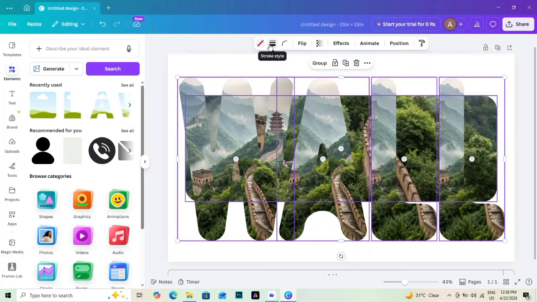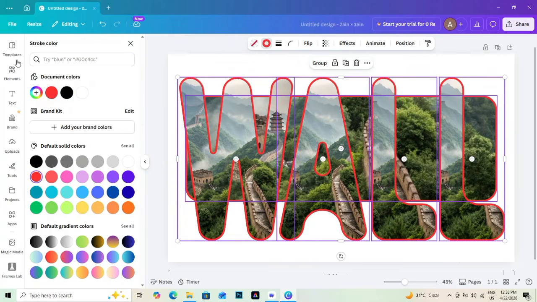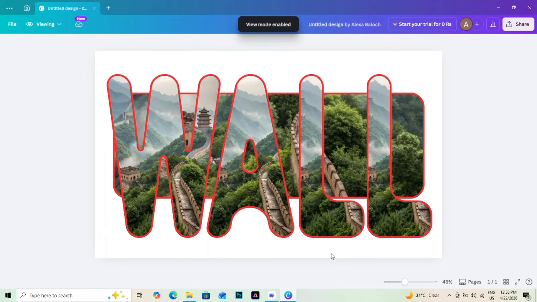Add simple text using a light or serif font. This aesthetic storytelling technique creates